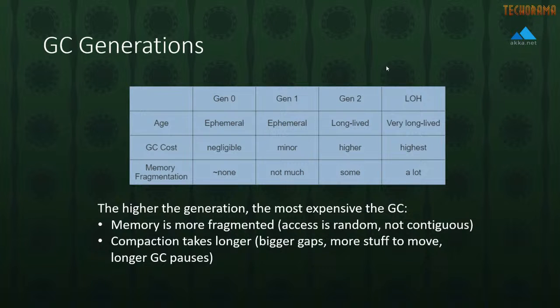Now, the most expensive form of garbage collection, though, is the large object heap. These are objects that are at least 85,000 bytes in size. And they're treated differently because at this stage, the amount of memory these objects use is typically larger than what can fit into a single page of memory. And so compacting that means moving across page boundaries in memory, which is a lot more complex than it is for smaller objects. So these objects tend to get collected much less frequently.